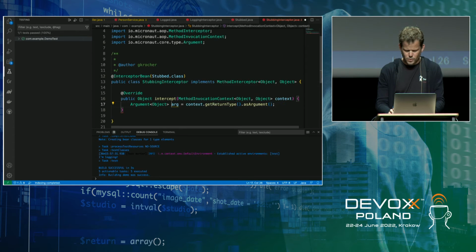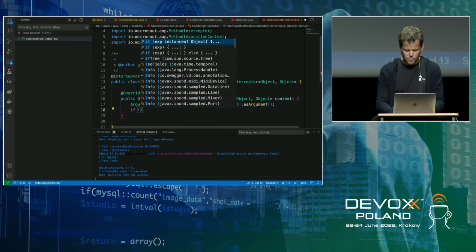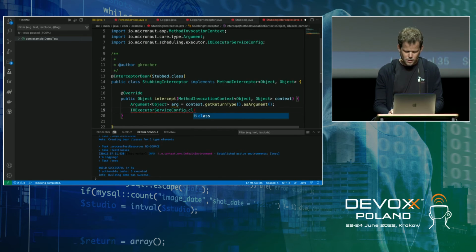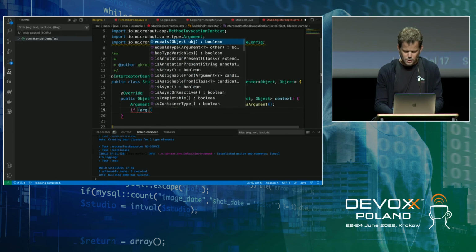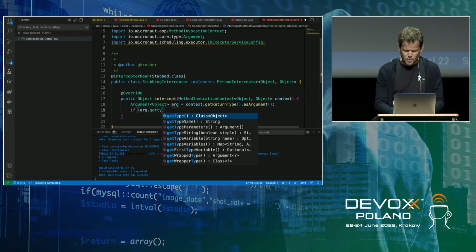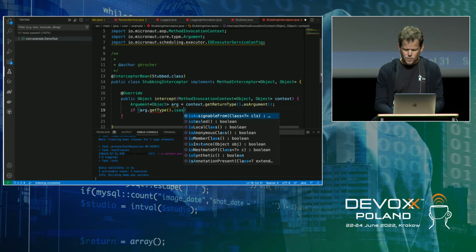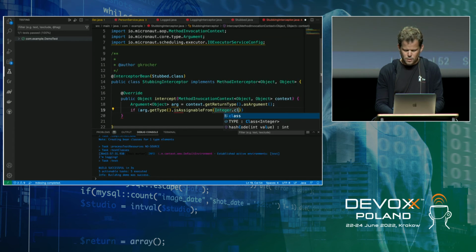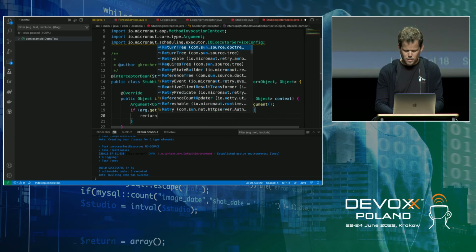This is going to be a bit of a ridiculous example, but if it is assignable from Integer.class, then return 10,